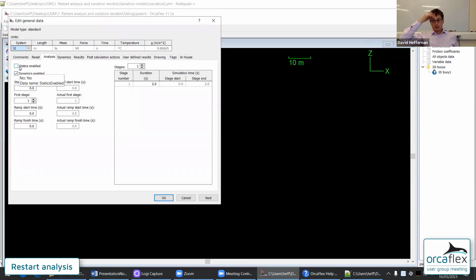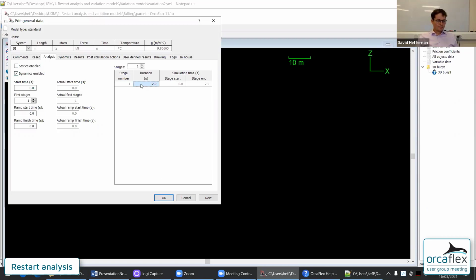I don't want to even bother thinking about finding a static equilibrium, rather than removing all the degrees of freedom or excluding the buoy from statics. I'm just going to say don't do statics, just start from the reset position, jump straight into dynamics, and the buoy is just going to fall under gravity.